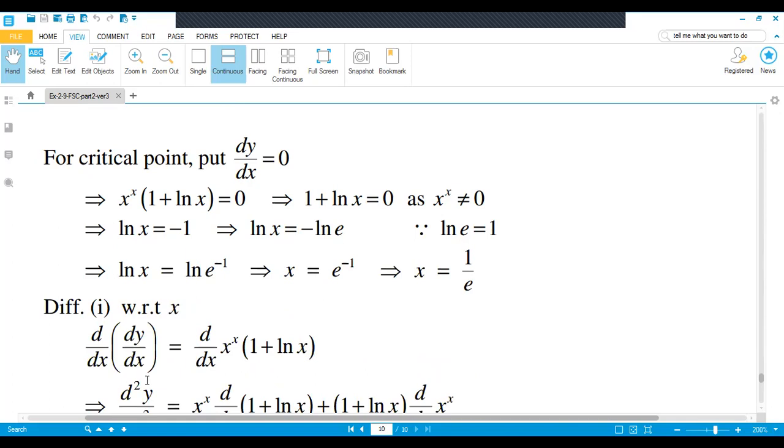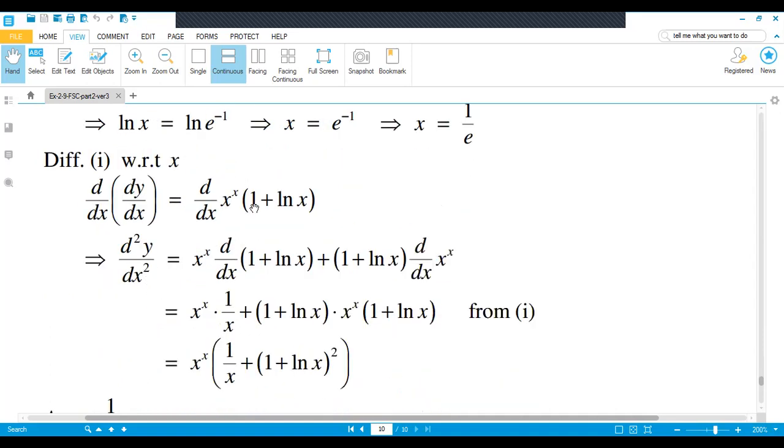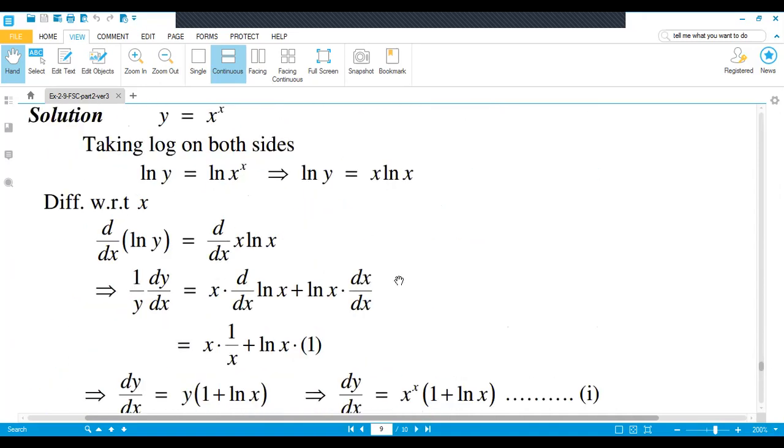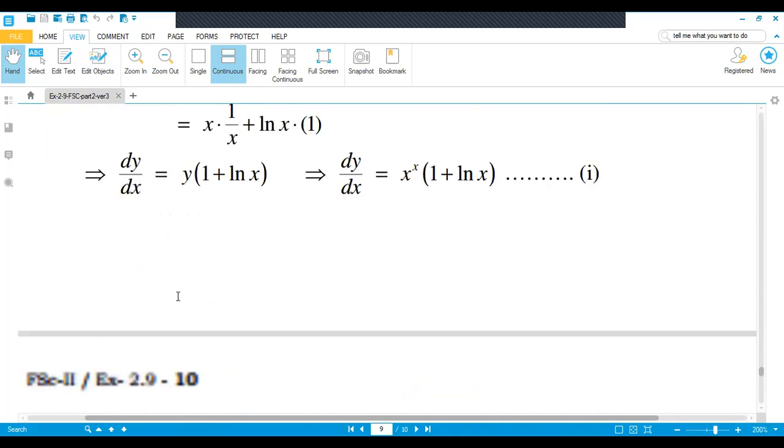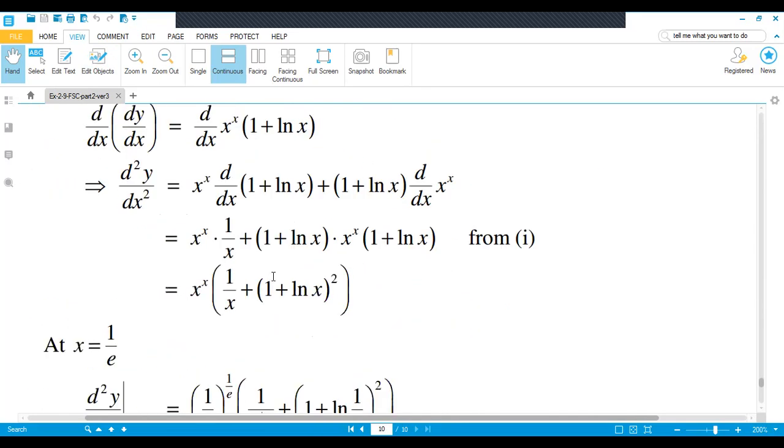Now in the first derivative you have to take the second derivative. Again you differentiate equation 1 with respect to x. When you differentiate, you get the double derivative, this x power x. Again, you use the product rule, x power x as it is, derivative of the second term, plus second term as it is, derivative of the first term. So x power x, here the derivative of 1 is 0 and the derivative of natural log of x is 1 over x, plus this one value you copy as it is, and the derivative of x power x we already found here. Look, the derivative of x power x we already found in the first step, so we just put its value, x power x into 1 plus natural log of x.